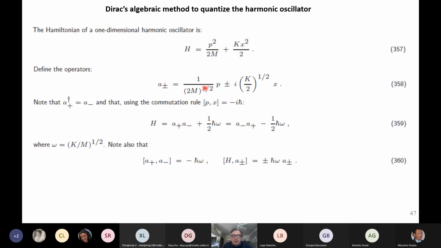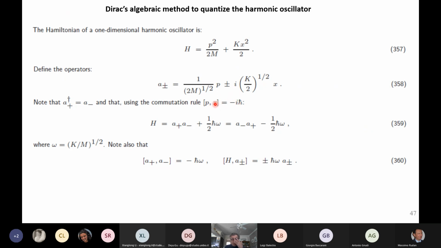with these coefficients. These coefficients are, if you wish, the square roots of the coefficients that I have in front of the P square and the X square over here. And here I have an i, so that if I write A plus A minus, I get exactly the Hamiltonian, which is what I wrote here, except for the fact that since P and X have to commute, this is the